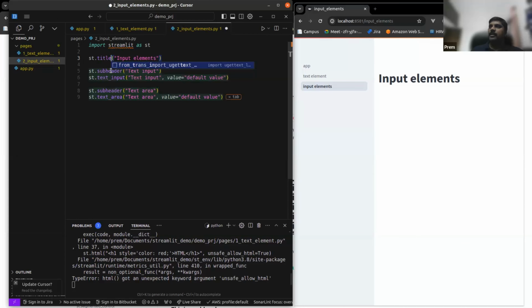So let's see. What we are doing here is adding a sub header as text input, and this is the actual text input. In this text input, you can specify what the label should be and what the value should be, meaning the default value that will be available in that text input. Let's first not give anything as a value. We will just